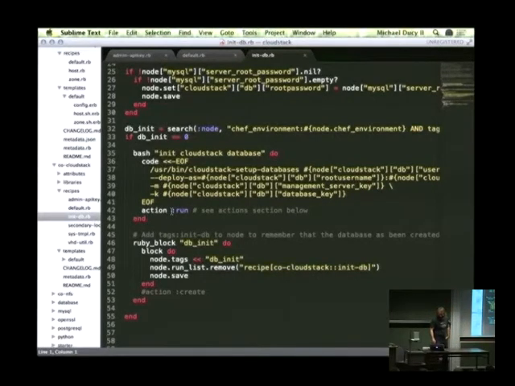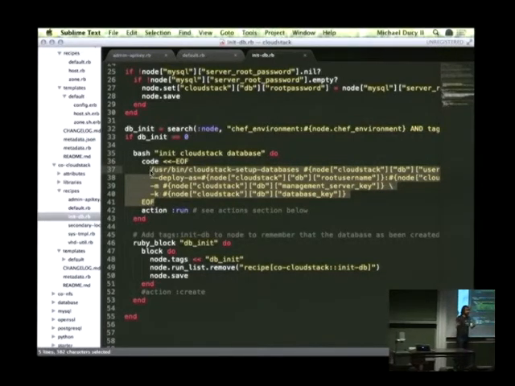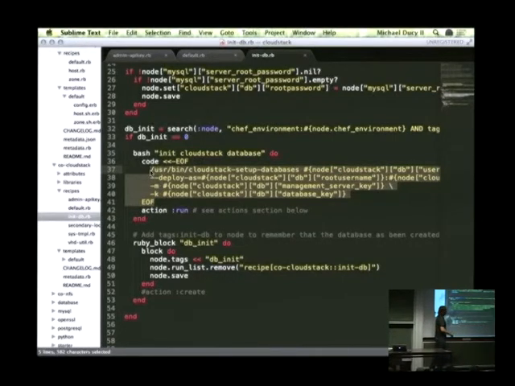Yes. The problem with some of these software packages that you might download is that they have a script already to initialize the databases. If you were in the talk earlier on configuration management 101, this isn't something that's idempotent, right? So what he's doing is using some pieces of Chef to go in and query and say, did we already initialize the database? Because if we already did, then I don't need to do this again, right? And so he's trying to make it